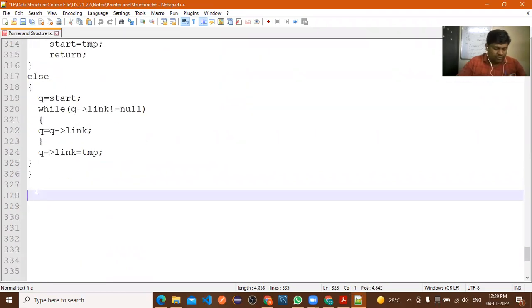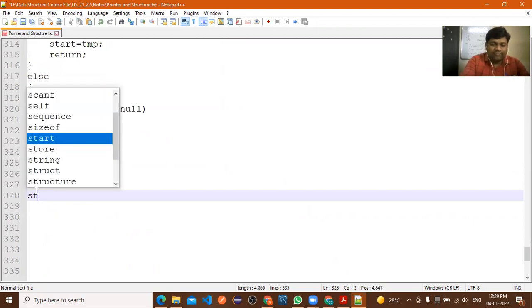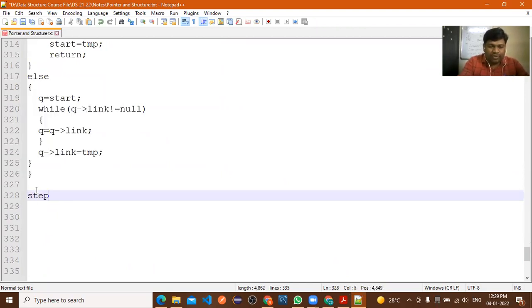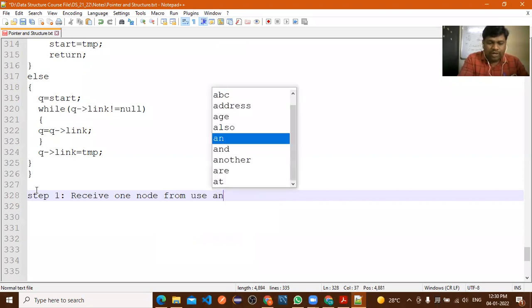Step 1: receive one node from the user, and